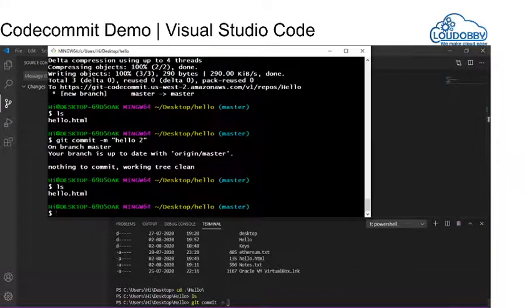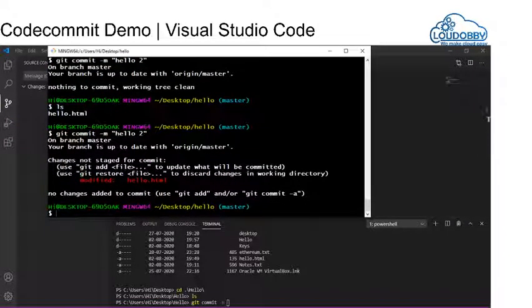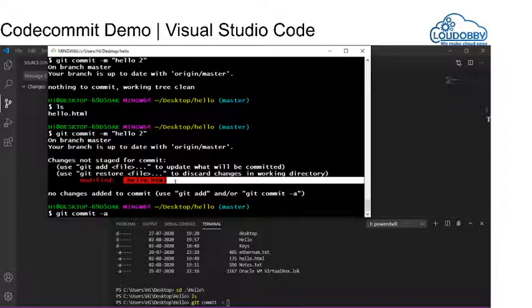I'm going to commit the code again. It says no changes in the commit. Then I'm committing all, and it says modified hello.html.